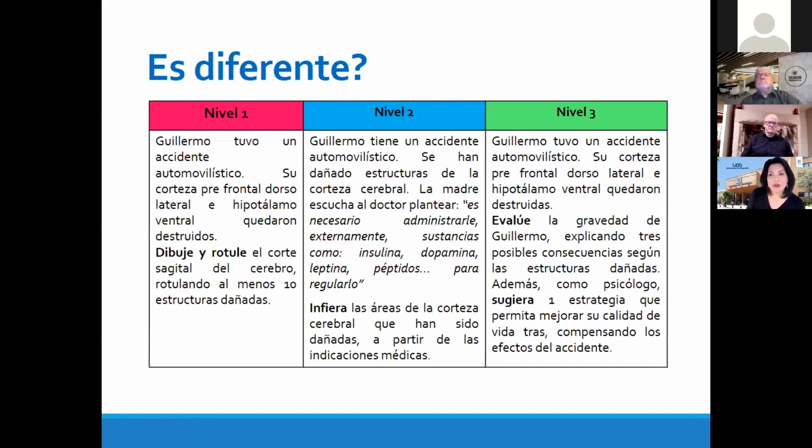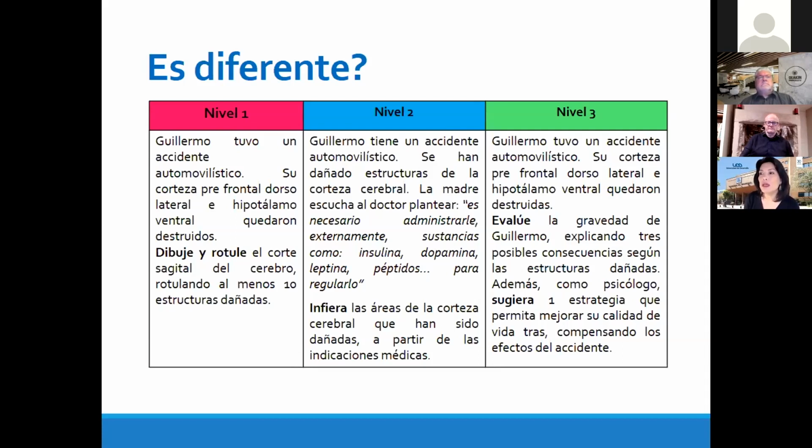No es una mala pregunta, hay un contexto, el alumno tiene que discriminar, pero en la forma de expresar el conocimiento, a veces no necesariamente es para un alumno que está en primer año y que va a poder recordar eso una vez que egrese. Probablemente muchos psicólogos hemos pasado por años por biología, y lo que se recuerda de eso, si no se aplica, no es mayor. El profesor lo cambió a un nivel 2 y puso: Guillermo tiene un accidente automovilístico, se ha